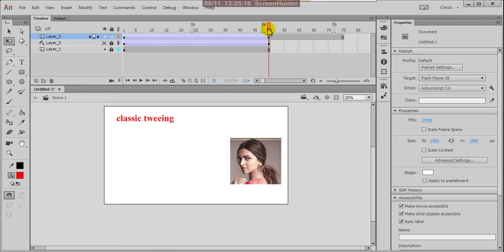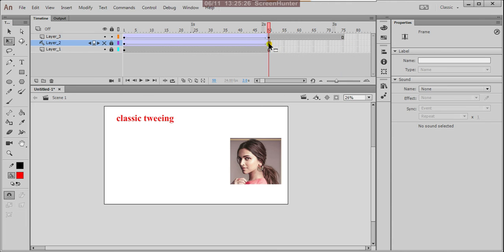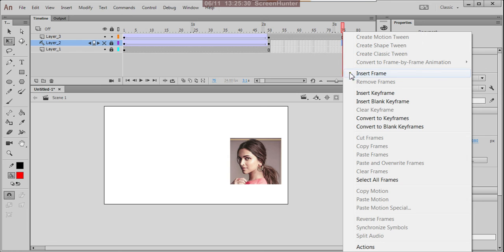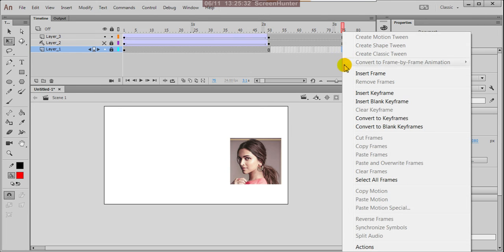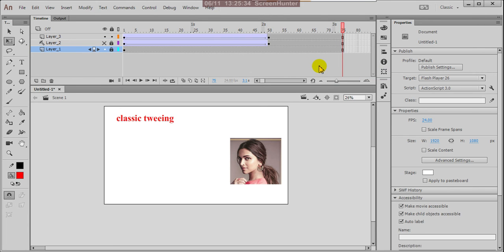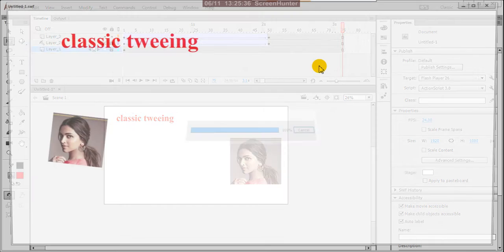After reaching the endpoint, you have to hold the same frame up to 75, meaning 50 to 75, 25 frames. Okay, and this also I can extend, insert, and this also I can extend, insert. And now you can observe, Control Enter.